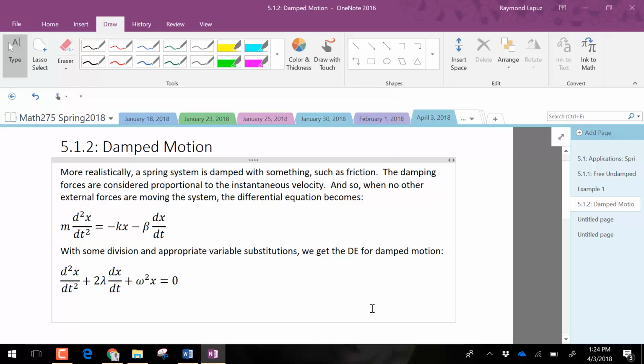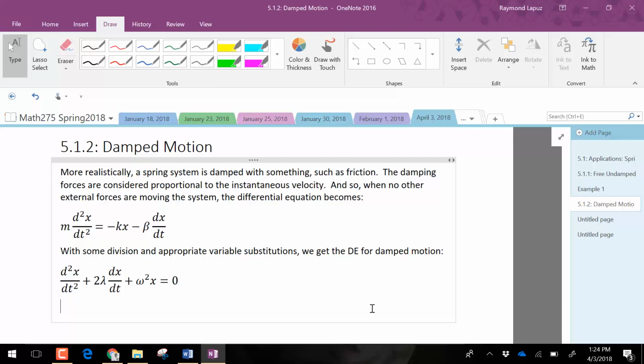So in this case, we're going to have something that would not let your spring go on forever. It's damped by something, the air, gravity, or some sort of friction thing. Sometimes they show these things with a beaker of water underneath to say that you're slowing things down. So with some damping force, the damping is related to the velocity. It kind of slows down the velocity. And so it's going to